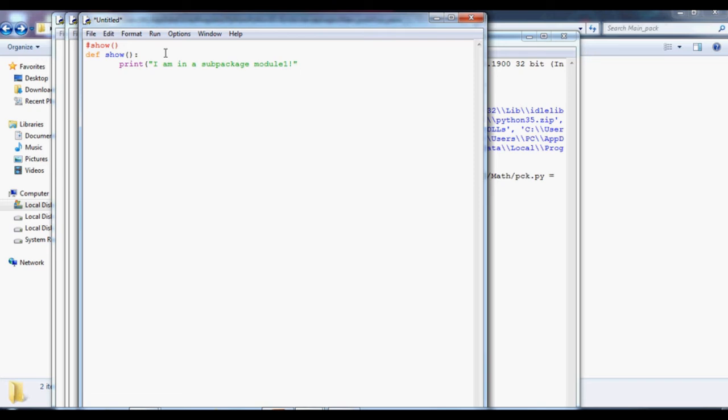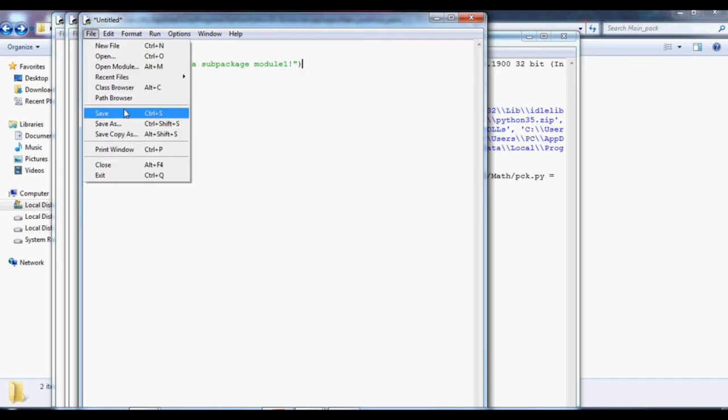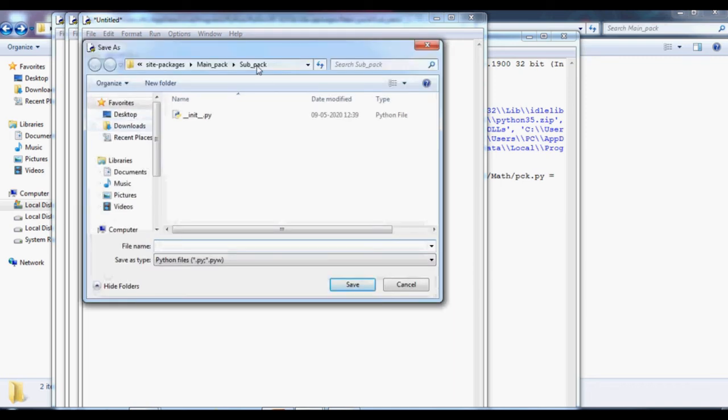Okay, that's it. I'm just going to save it in the same sub package. Let it be mod 1. I'm creating a module1.py.